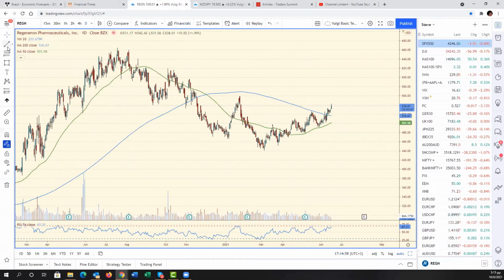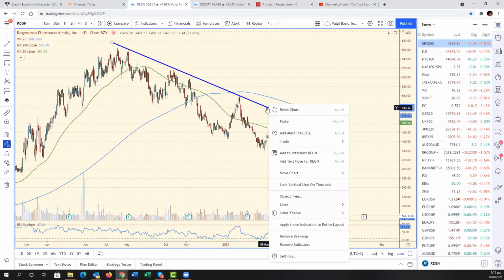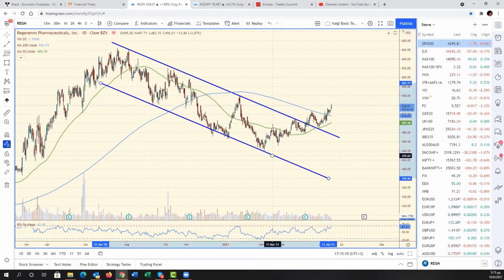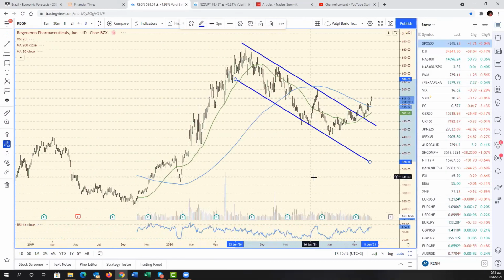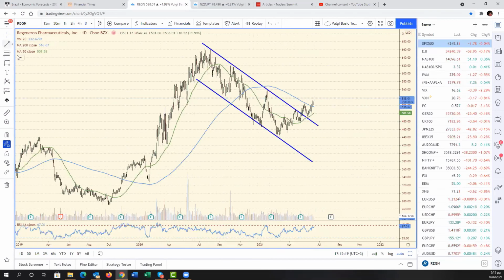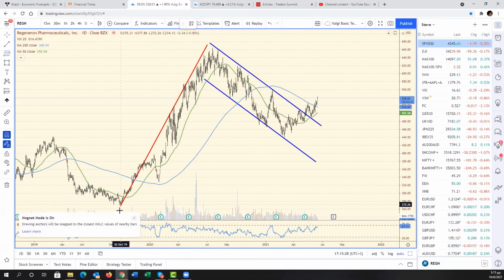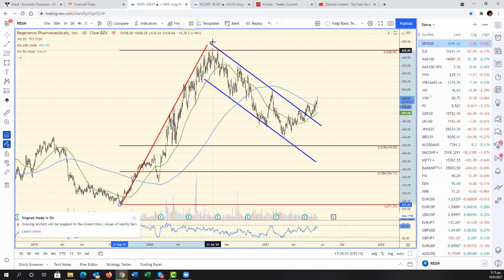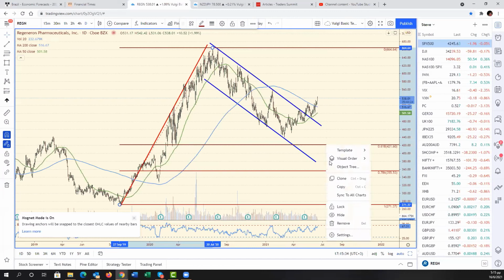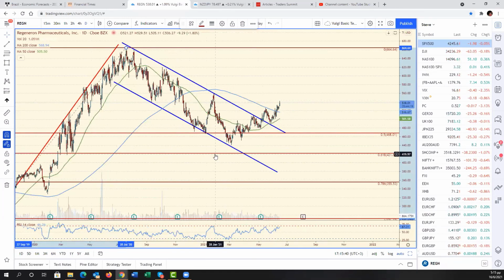Okay. Now I'll tell you what my problem with Regeneron Pharmaceuticals is. My problem is it looks like it has found the bottom in what looks like an almost perfect corrective move lower. Just look at this. I mean, this is textbook, right? Impulsive, strong move higher, corrective, slow move lower, retraced between 50 and 61.8% of the move, right?